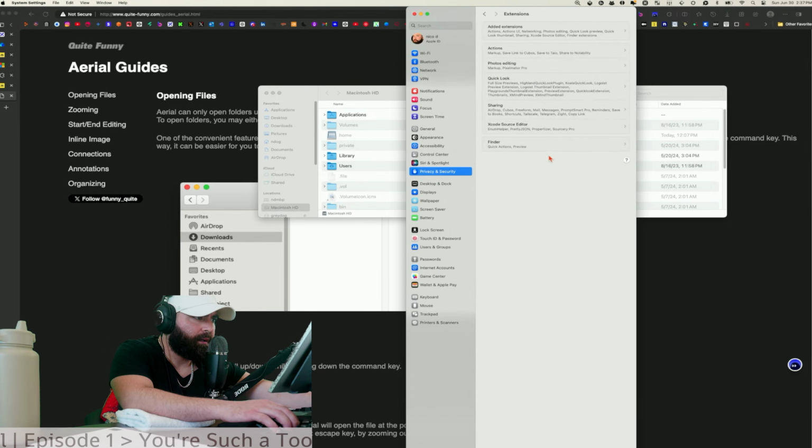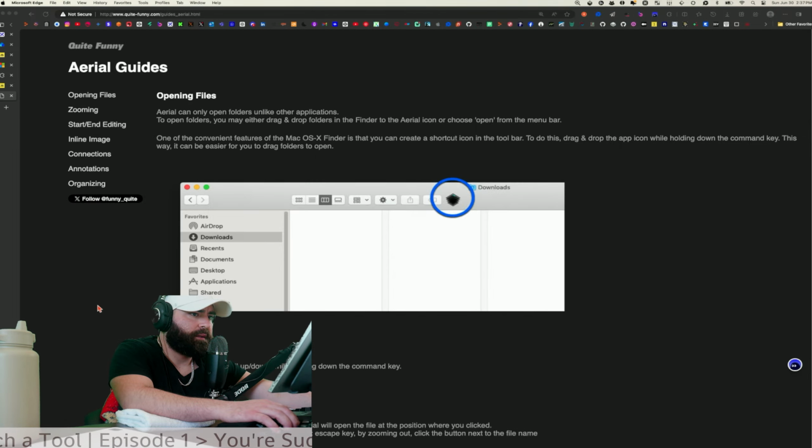Yeah, my head's spinning. No kidding. All right, let's see if the thing is there. I don't have it there. Maybe I've got to use it first. Create a shortcut in the toolbar. To do this, drag and drop the app icon while holding down the command key.